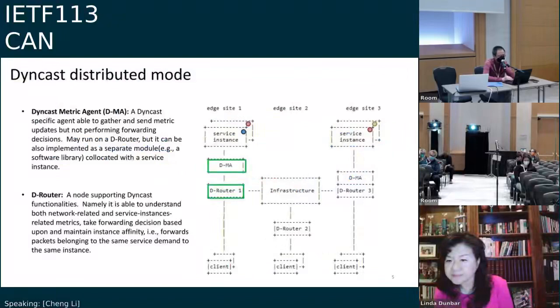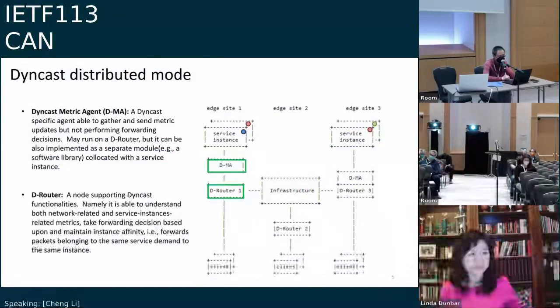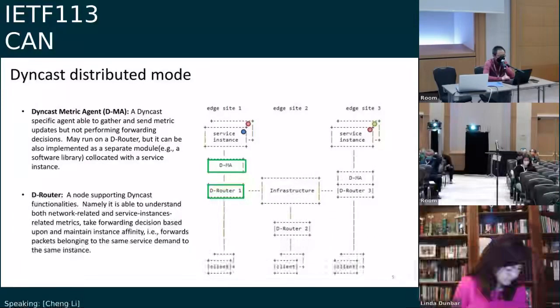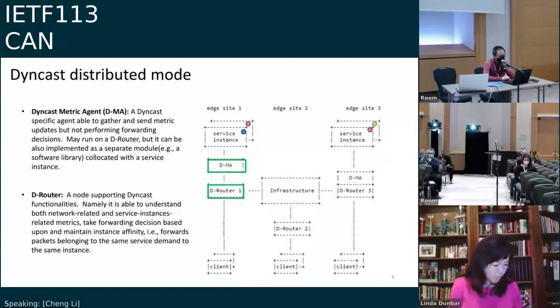Okay, this is the distributed mode of the Dyncast. As you can see from this figure, we have multiple elements like Dyncast routers running in the network. These routers provide the Dyncast functionality. In order to collect the computing resource status and distribute it among the routers, we define the metric agent, right? DMA. So you can see that the DMA will collect the information and send it to the router, and DMA